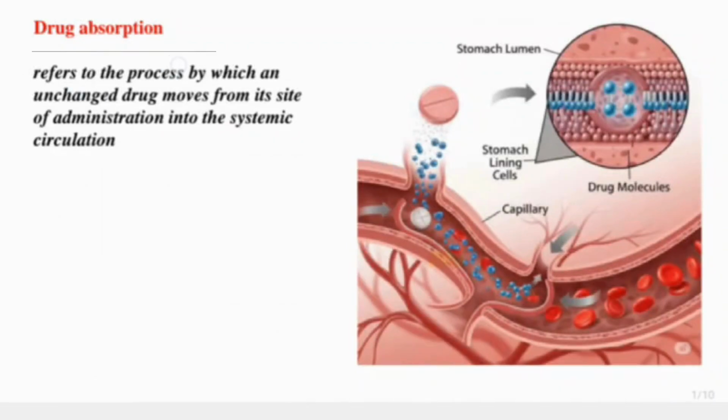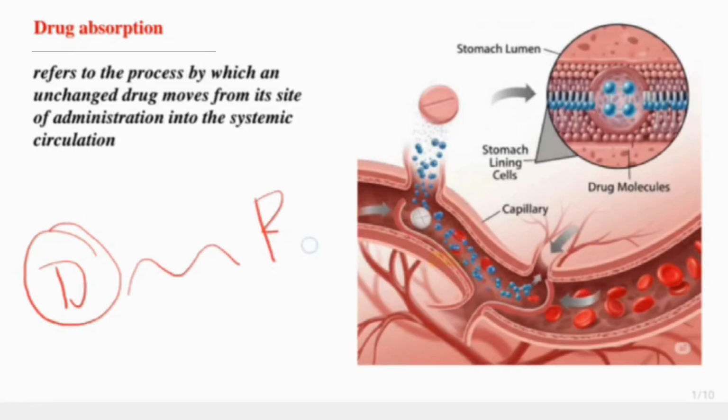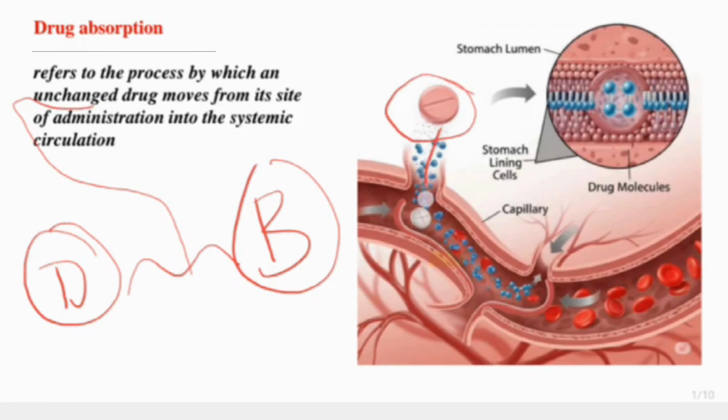Drug absorption process. Drug absorption is defined as a process by which an unchanged form of the drug moves from its site of administration into the systemic circulation. It means when any drug is administered to the body, it moves to the bloodstream in an unchanged form. In this diagram we can see the drug is moving towards the bloodstream from the site of